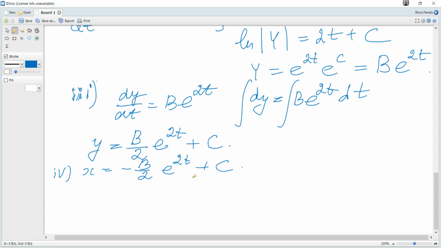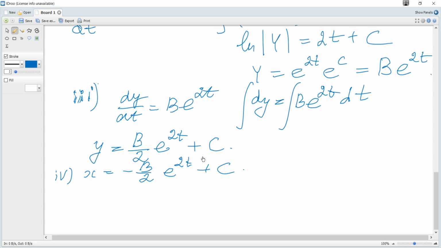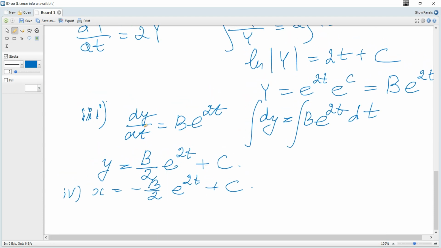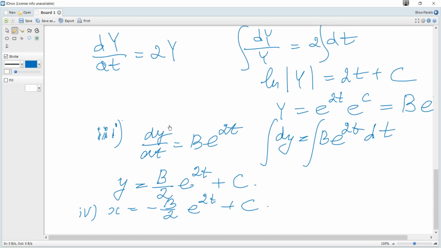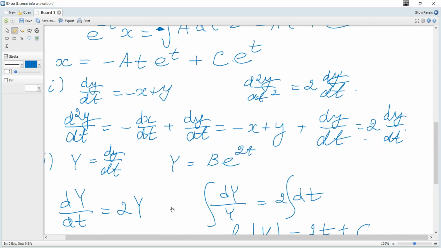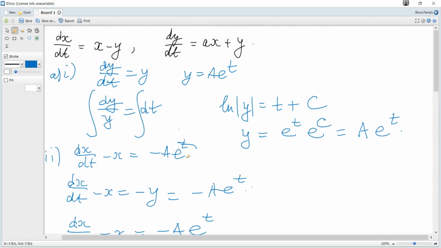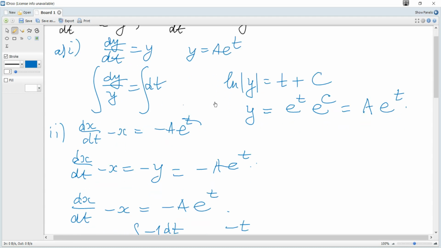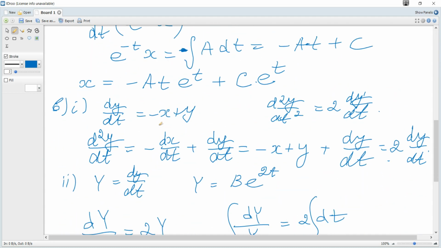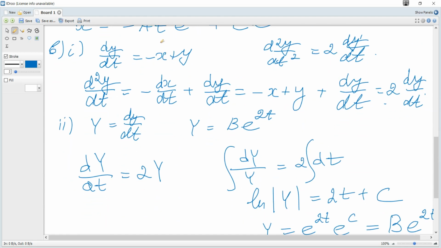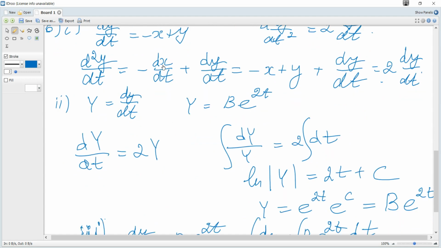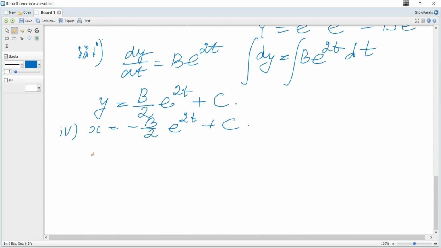We need x, and it is given dy over dt, so we can use dy over dt. A is negative 1, we consider negative x plus y, so we can see that x is y minus dy over dt, so x is y minus dy over dt,